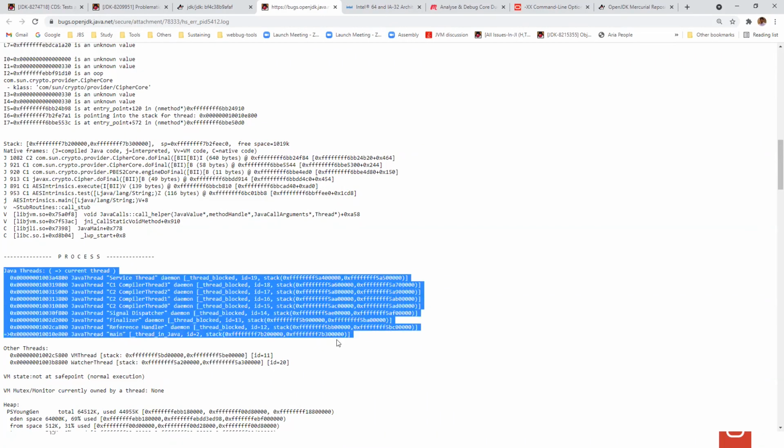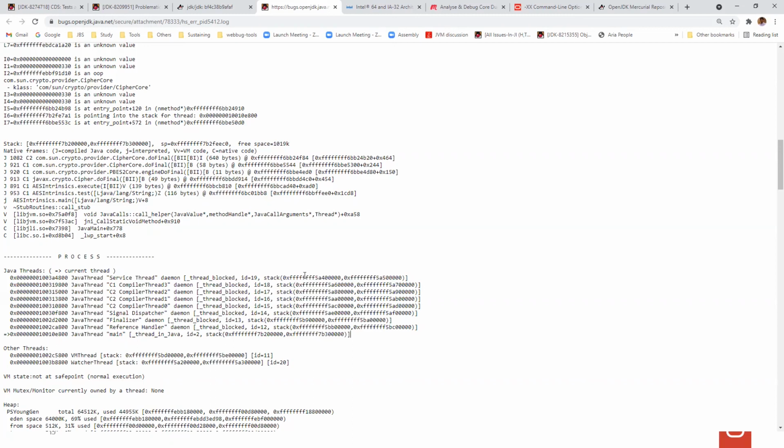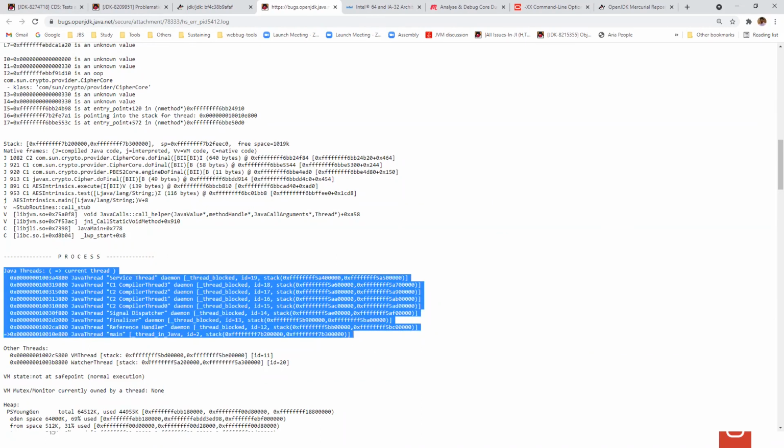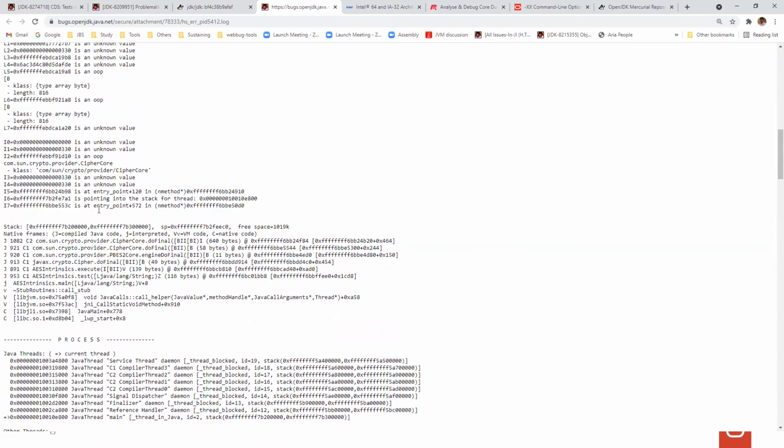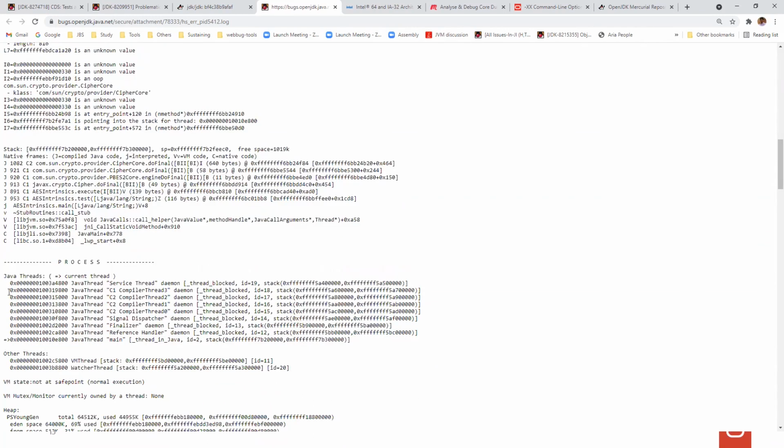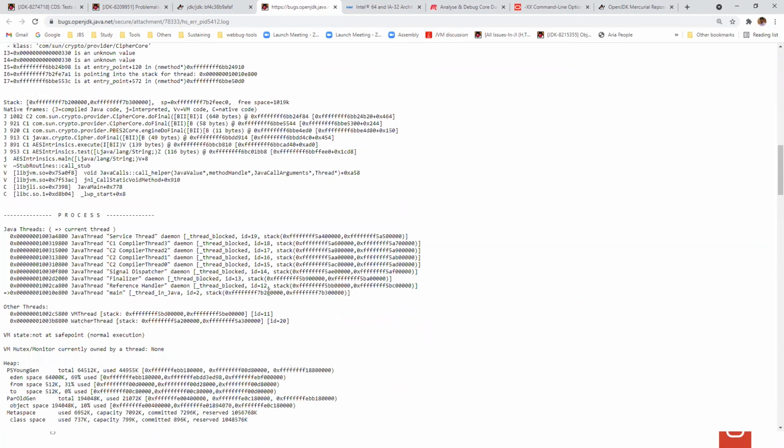So all this information will be there, and you can see the addresses: the start of the stack and the end of the stack. It also shows how many threads are running in this process. Whatever it shows above indicates the current thread, so you can see the start and end of the stack, and you can match that your current thread's stack is the same. These are all addresses for us, so if we know this, we can jump to any stack.